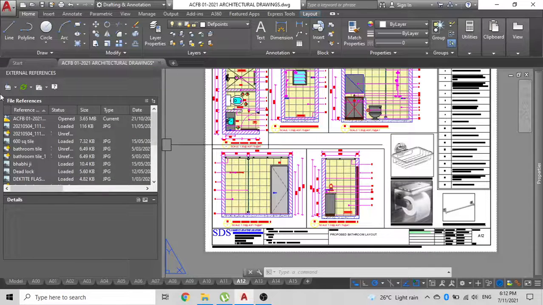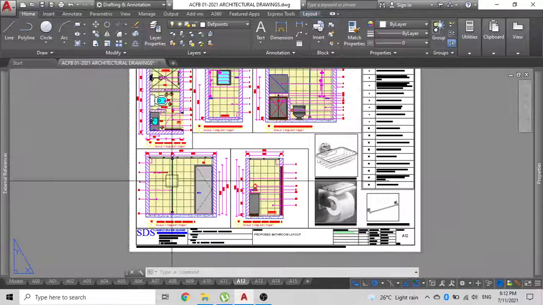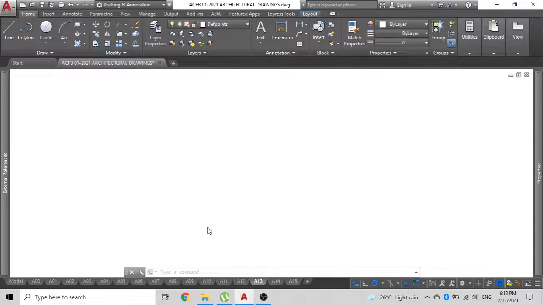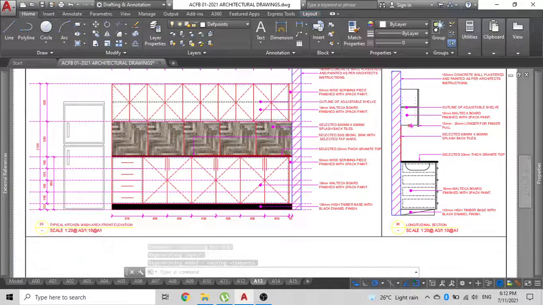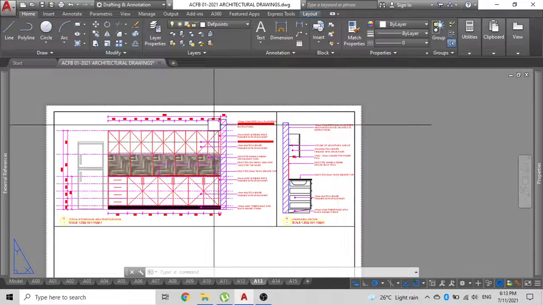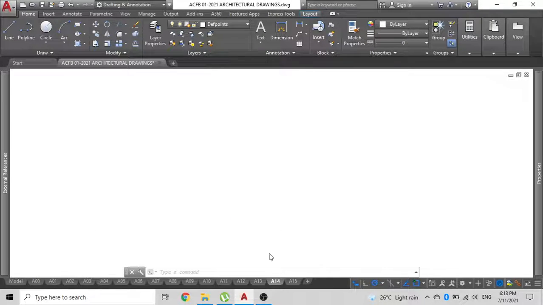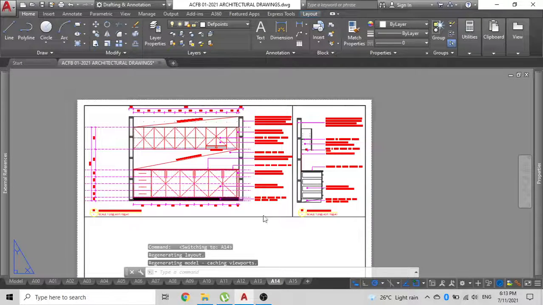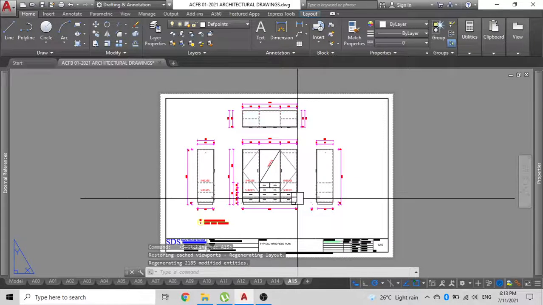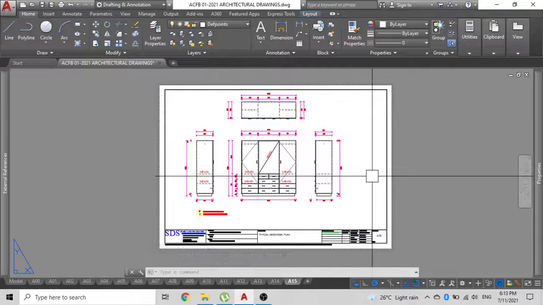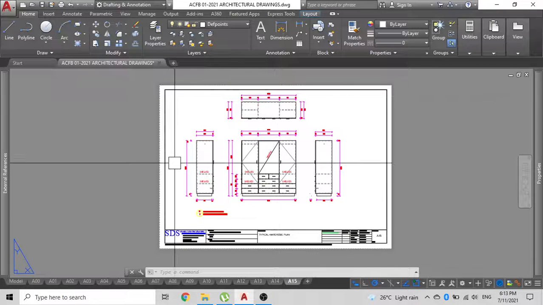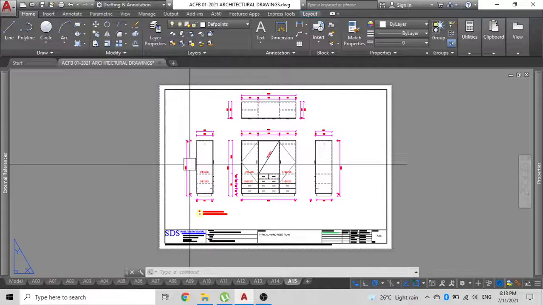Now let me take a bit of time to go back to another thing that I had forgotten to say, and that's the kitchen layout. I usually put a typical kitchen layout, which I just take a standard joinery and draw it out, and I like to reflect it that way. Similarly I've done here. If you wish, you can use option B. And lastly I just put a very simple wardrobe because there are other choices people will make. If you really wish to show this as a fixed item, you will need to provide the shop drawings for these, and the shop drawings will be explained in another video.